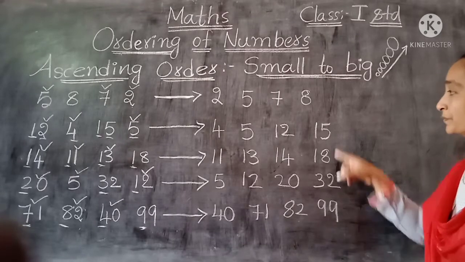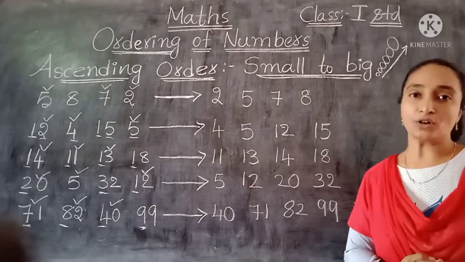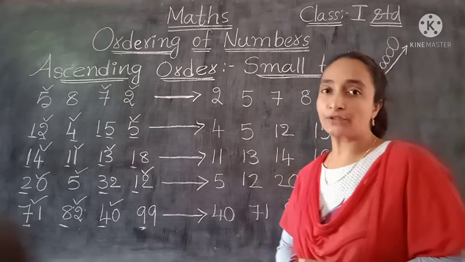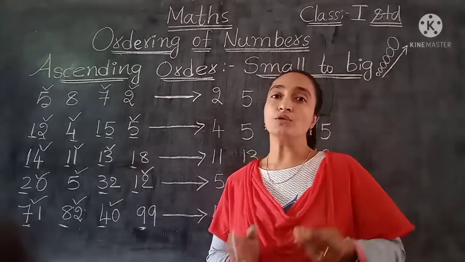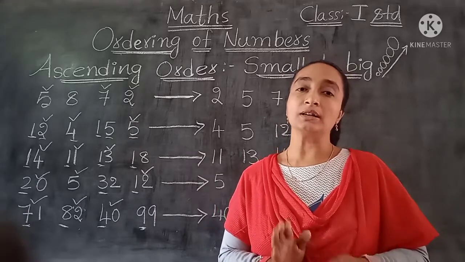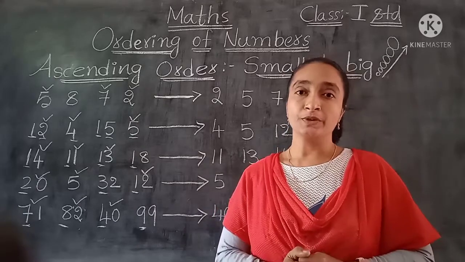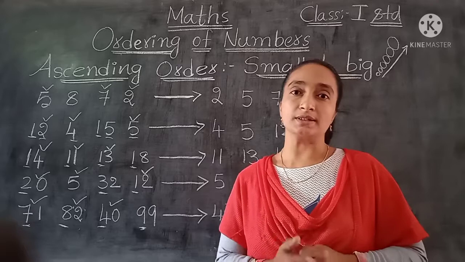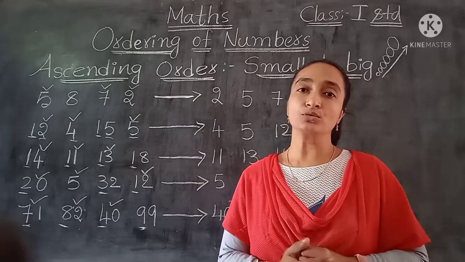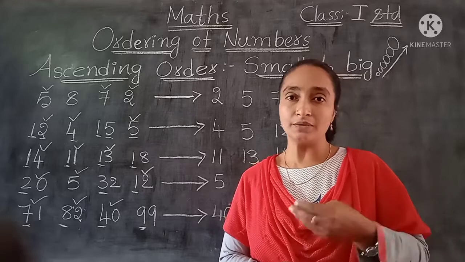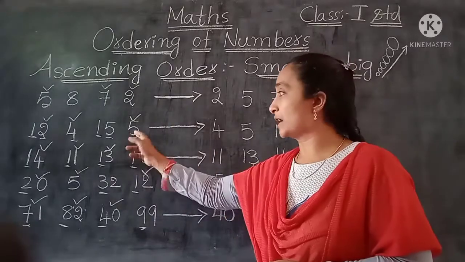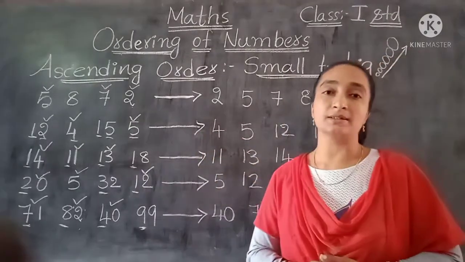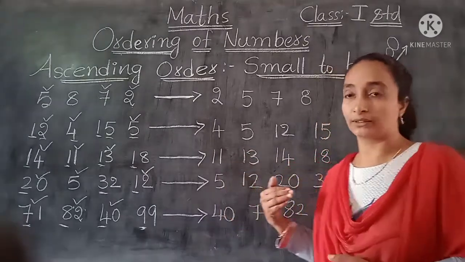Okay children, small to big. So here we have completed the ascending order, from small to big. Okay children, carefully we have to observe and we have to write. When you are writing the ascending order, all the small numbers only we have to take. First of all we have to check the digits, whether they are 1 digit or 2 digit. Comparing 1 digit and 2 digits, 1 digit is the small number. So easily we can write down. Suppose if they are both mixed up, then also we can write. First we have to write the 1 digit numbers and then the 2 digit numbers. So we have to take only the small numbers.